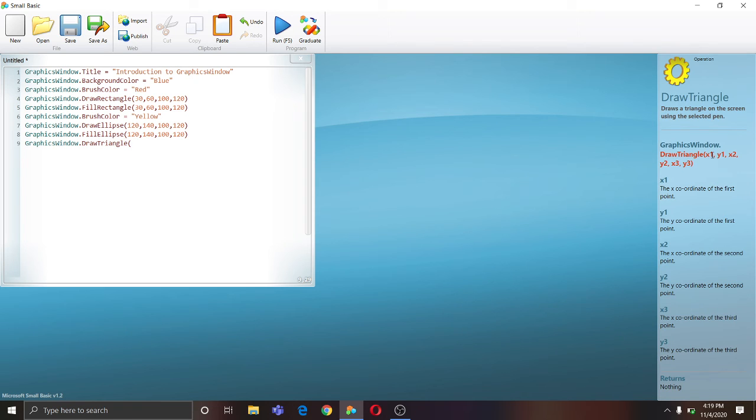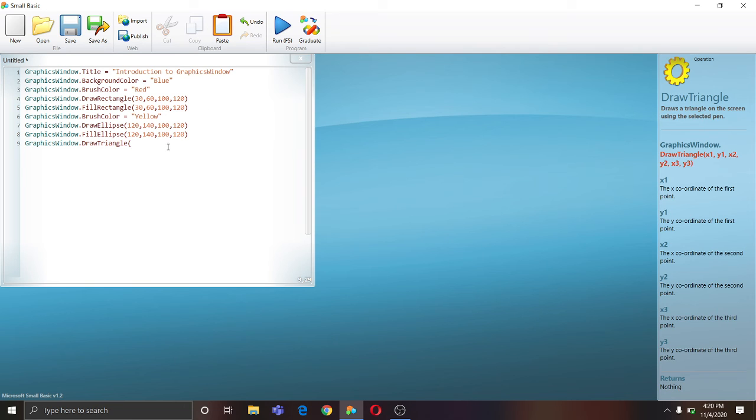For the first vertex we'll set the horizontal value, then its vertical value, then the same for the second vertex, and then for the third vertex.